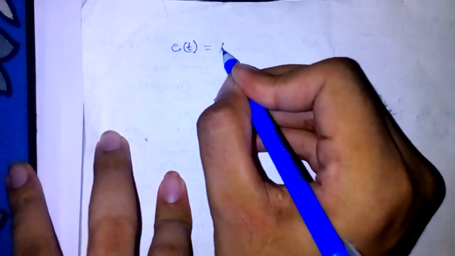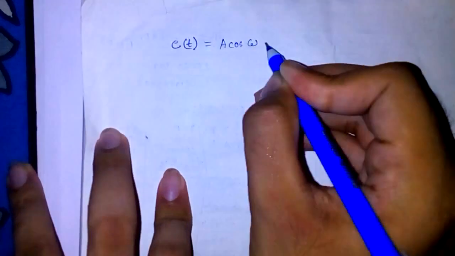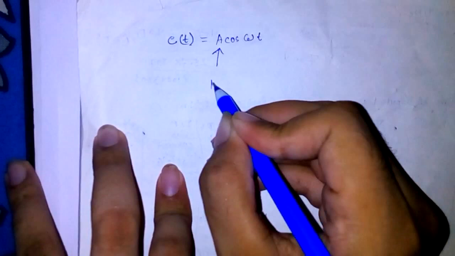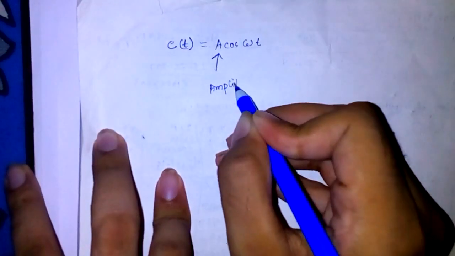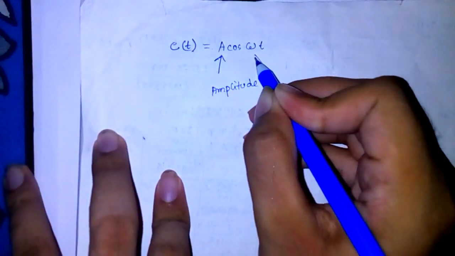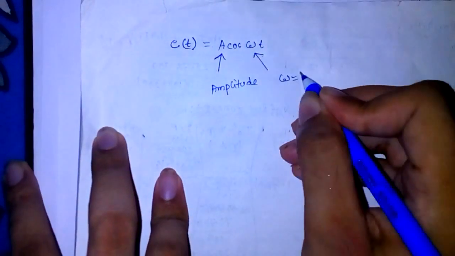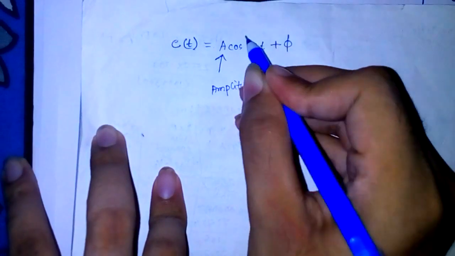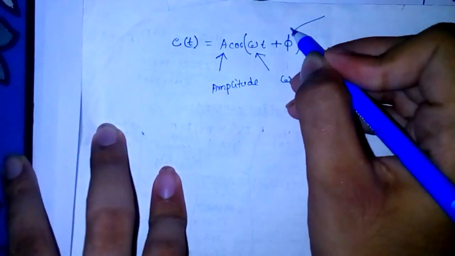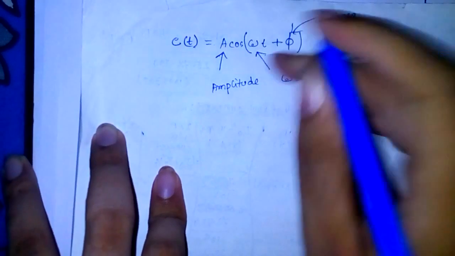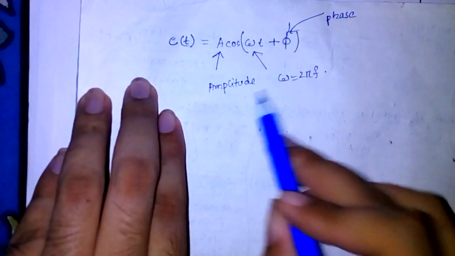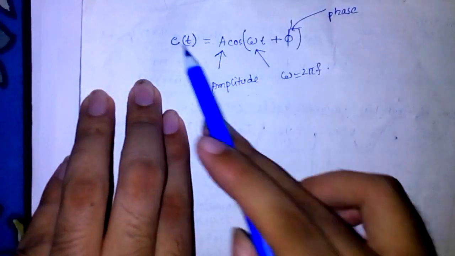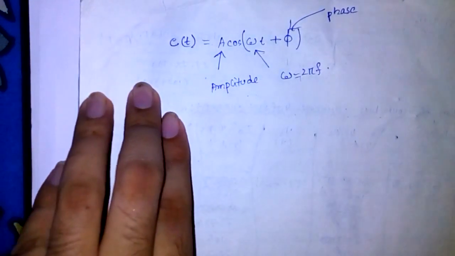So let's say c(t) is A cos omega t. Here A is the amplitude of this signal, omega is the angular frequency, or we can write omega as 2 pi f, where f is the frequency, and there must be something added with this. This is the phase. So you can see that a wave has three parameters. We can vary one of the parameters of this wave in accordance with the message signal to capture that message signal on it. As simple as that.